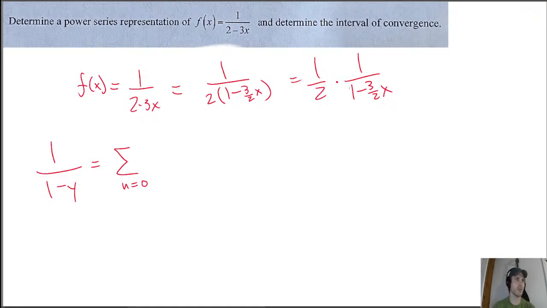I can look real quick. 0. x to the n, where the absolute value of x is less than 1. Oh, and this should be y. I'm doing a change of variable. y. Okay, so if you know this form,